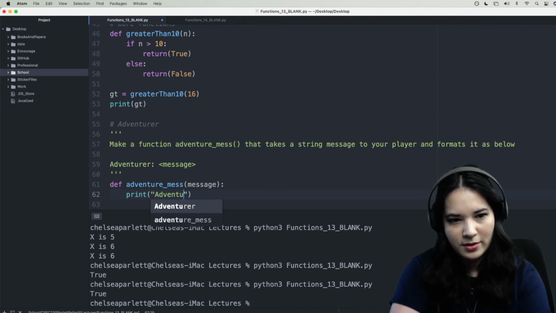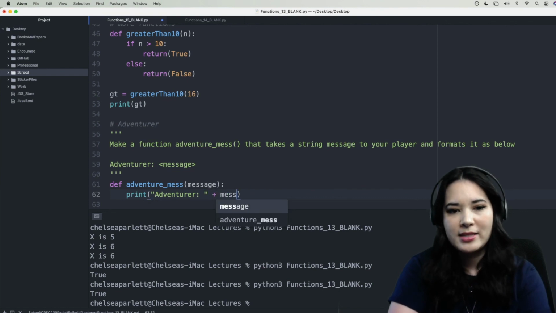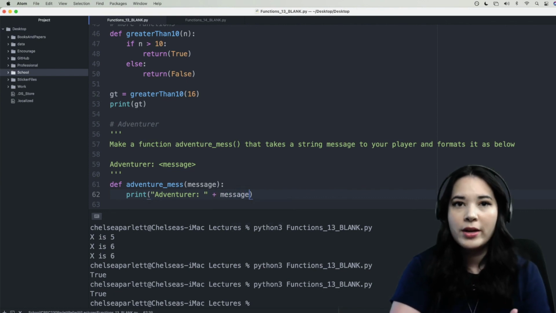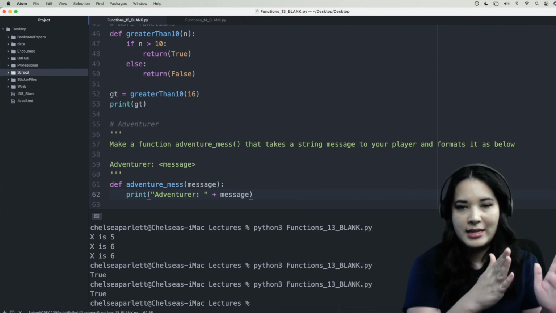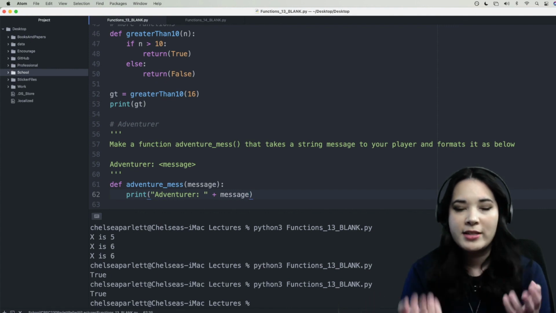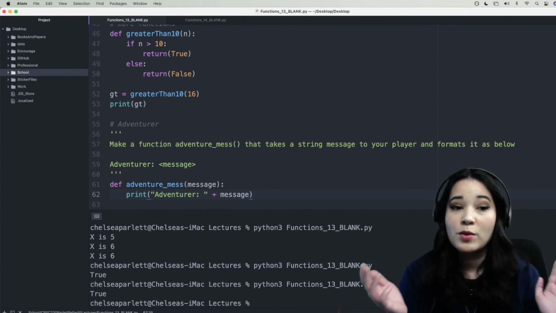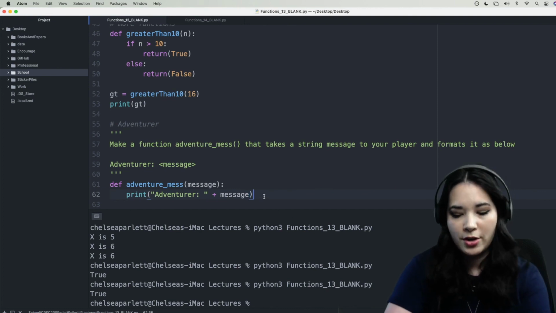adventure, did I spell that right? There we go, colon, space, and then add the message so that when we print this out, it'll look like it should in a text game where it says the name of the person saying something and then the message that they want to say. Again, if we ran this as is, nothing would run because we've defined the function, but we have not called it. To call it, we're going to go ahead and say